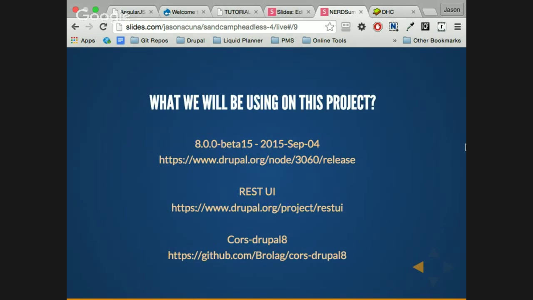I'll be using for this project the most recent September 4 release of Drupal 8 plus REST UI, an external module to see the configuration of REST. Plus, I'll be using another module.